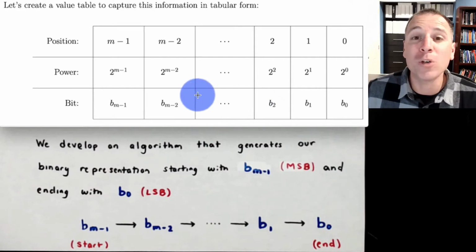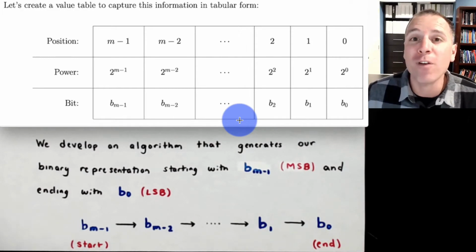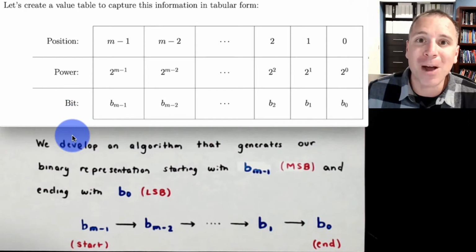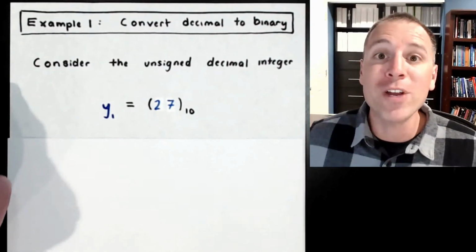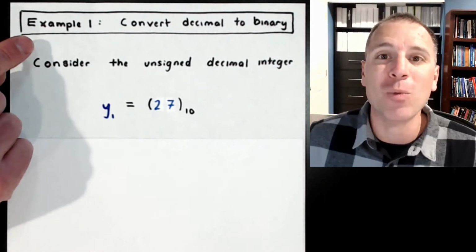Like all good computer scientists, we're going to start our analysis using paper and pencil, and this value box will be a super useful tool to get a sense of how our algorithm works, so that we have a very, very well-refined strategy before we write a single line of code. That is a major theme in numerical analysis. Really spend time understanding the problem, and then find the syntax that best implements the approach that we take on pen and paper. In honor of that approach of really trying to understand what we're doing when we're converting from decimal to binary, let's start with example 1.